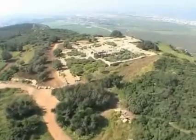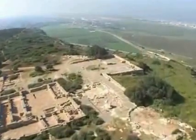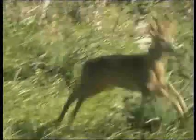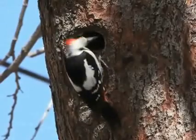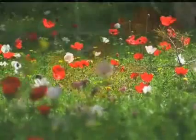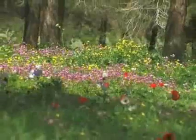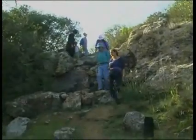Ramat Hanadiv extends across an area of over 1,100 acres in the southern part of Mount Carmel. Over the past 25 years, Ramat Hanadiv has implemented a range of ecological studies in order to expand scientific knowledge about the site. This information is taken into consideration by the Nature Parks Management, influencing their decisions and used for the development of